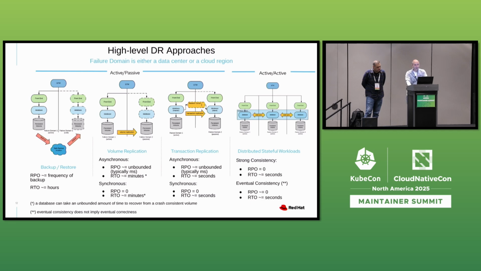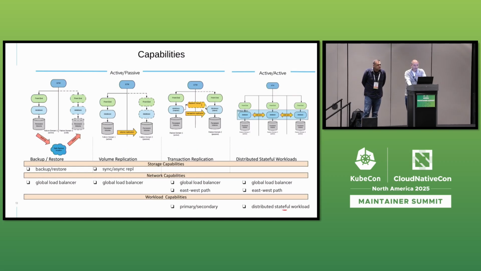And then there's always the global load balancer in front. That's needed everywhere to decide whether you go to the active cluster or to the passive cluster, or if you are active, which cluster you go to. So I put all of this capability in a slide, summarizing them, right? So backup, restore, global load balancer, and you can see them here. I'm not going to repeat myself. But now we're going to analyze each of them and try to understand where we are.